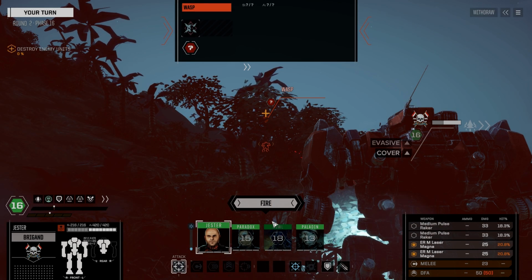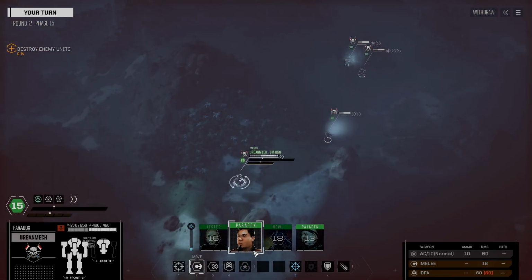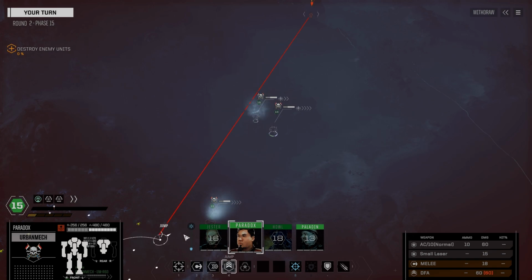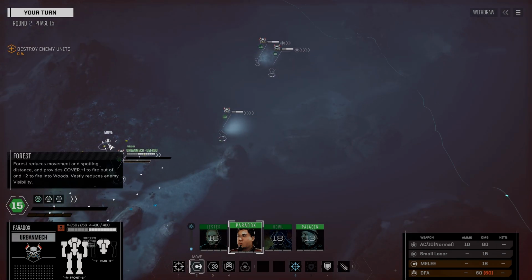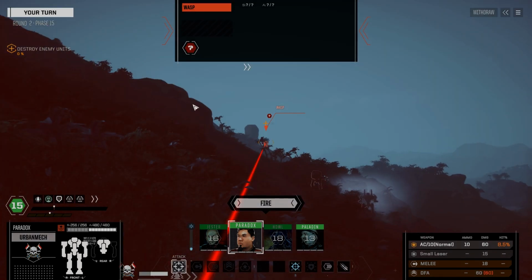Shoot off the medium pulse lasers. They can't possibly hit him from here. Fire the twin ER mediums, and it did manage to connect with him. Lovely. I'm also really happy that mech is capable of firing its twin ER mediums without cooking itself at all. So it is able to do that, even though...